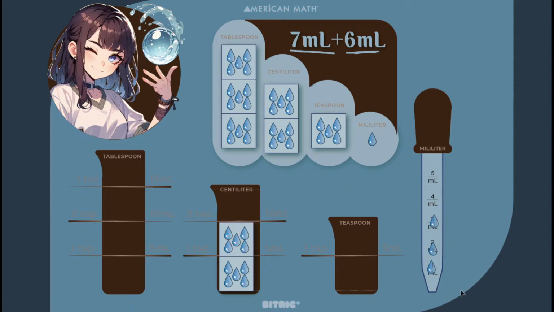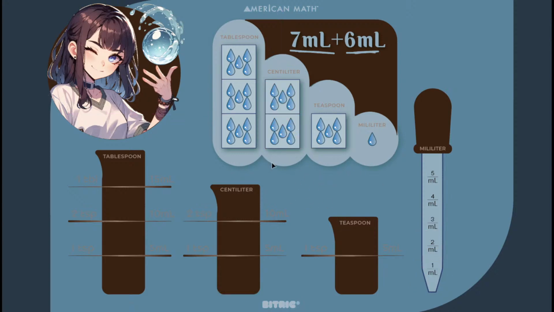But in another way to think about it, and this is more for you, Kira, than it is for everybody else at home, it can be a little difficult if we know that our answer is going to be larger than 10. Let's say, for example, that we just start with 7. Let's stick with one number at a time. So we have 7 milliliters. We know that 7 is 3 less than 10. All right. So we'll just know that we need to take away 3 pieces, or take away 3 milliliters in our dropper. All right. When we do inevitably have something inside of it. All right. So then